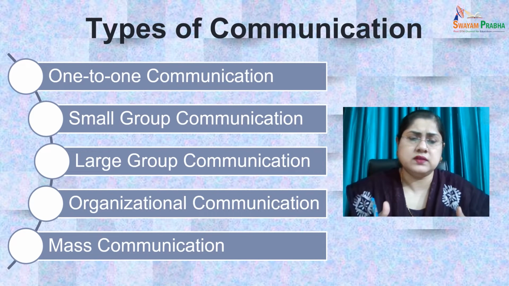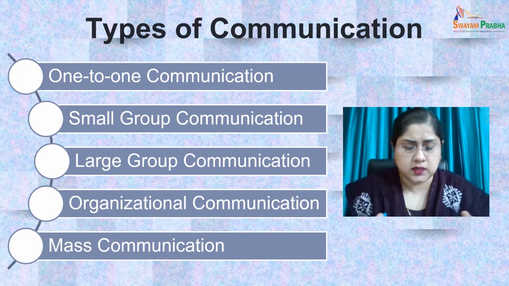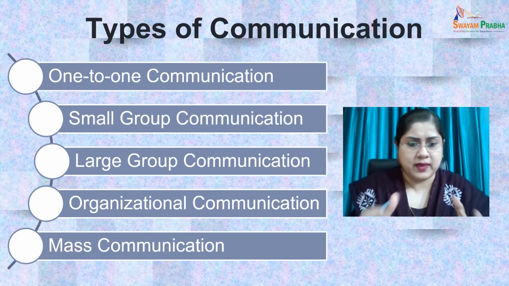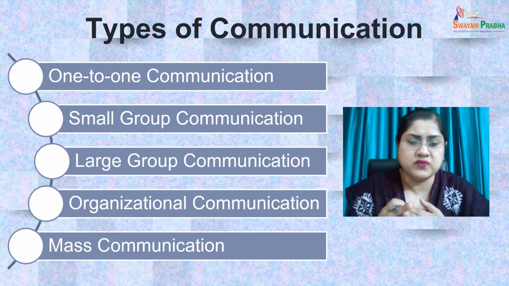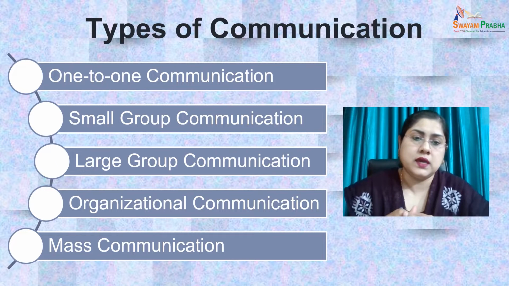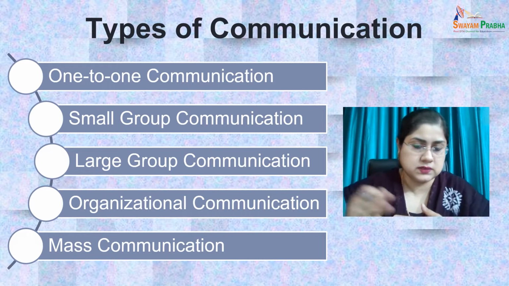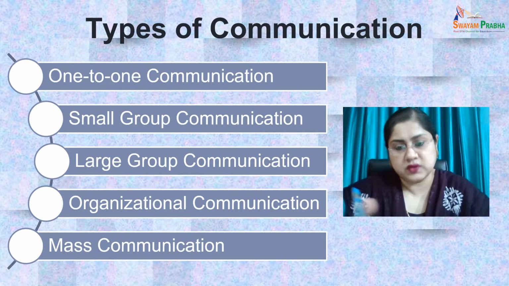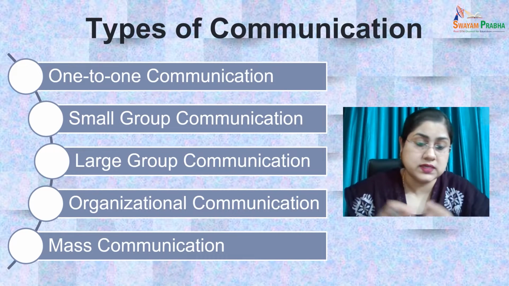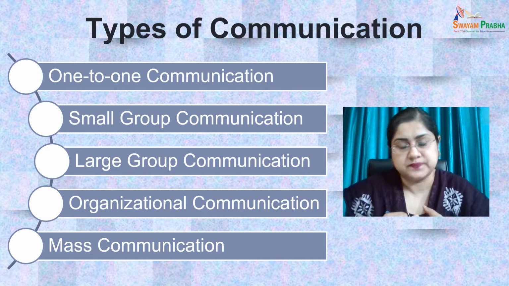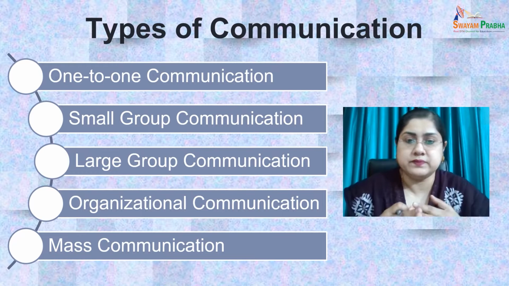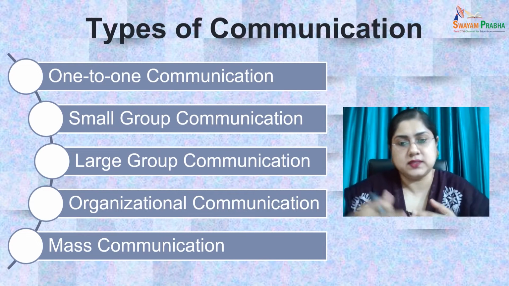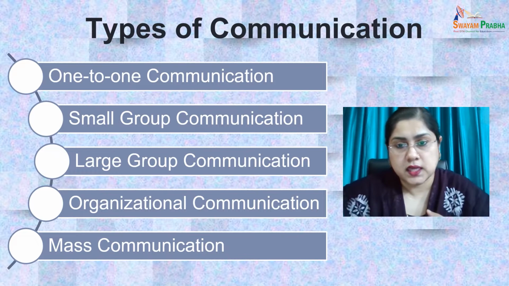Maybe there is a group of children of a family. Let's take the example of 4 or 5 children, and one of the family members, let's say the grandfather, is talking to all the children of the family. Then also it can be considered as small group communication. So this was the second type. Then let us discuss the next type,